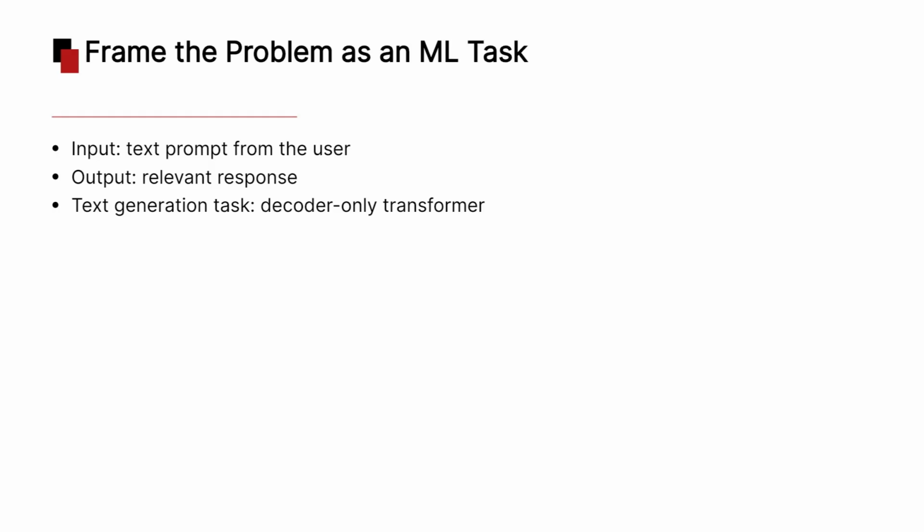for our application. From a machine learning perspective, this maps neatly to a text generation task, where the system must produce a sequence of tokens in natural language based on the given context. For this, we're choosing a decoder-only transformer architecture, similar to GPT-style models. This design focuses exclusively on predicting the next token given the previous tokens, which aligns perfectly with conversational generation.